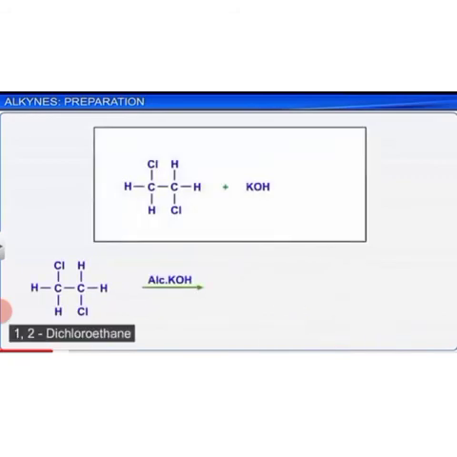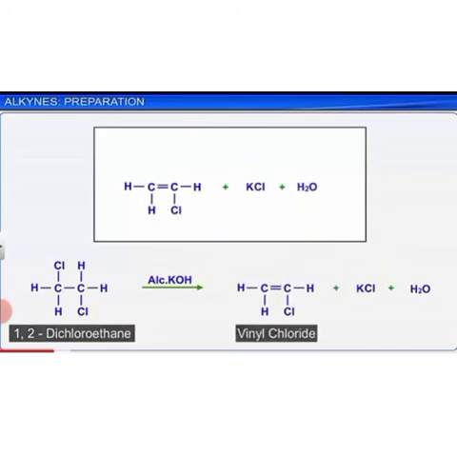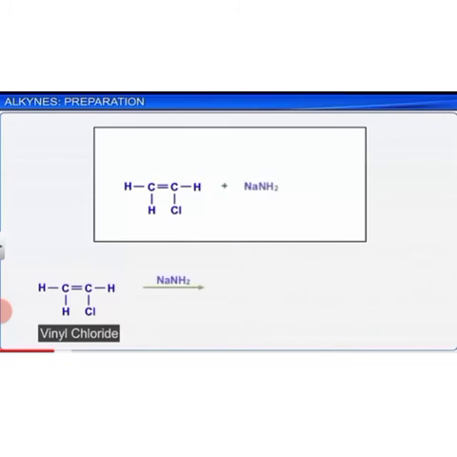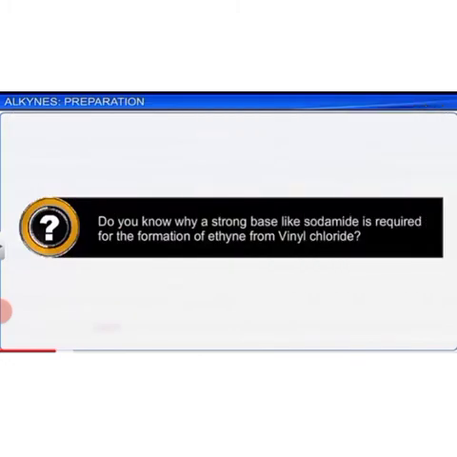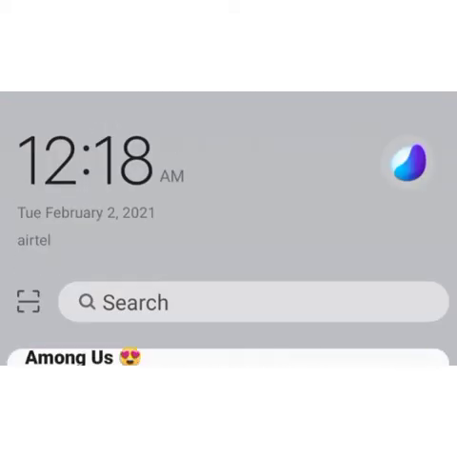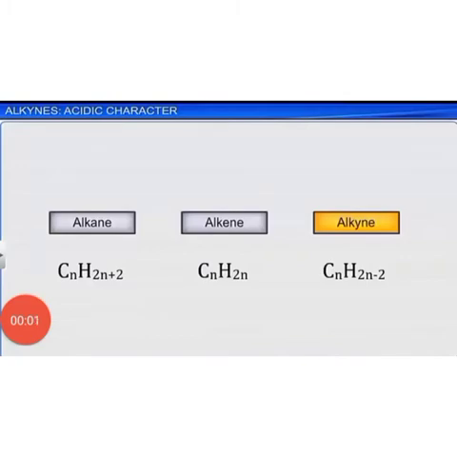For example, when 1,2-dichloroethane is treated with alcoholic potassium hydroxide, it forms vinyl chloride, and this, when treated with sodamide, forms ethyne. Do you know why a strong base like sodamide is required for the formation of ethyne from vinyl chloride? As the chlorine atom is directly attached to a double-bonded carbon,